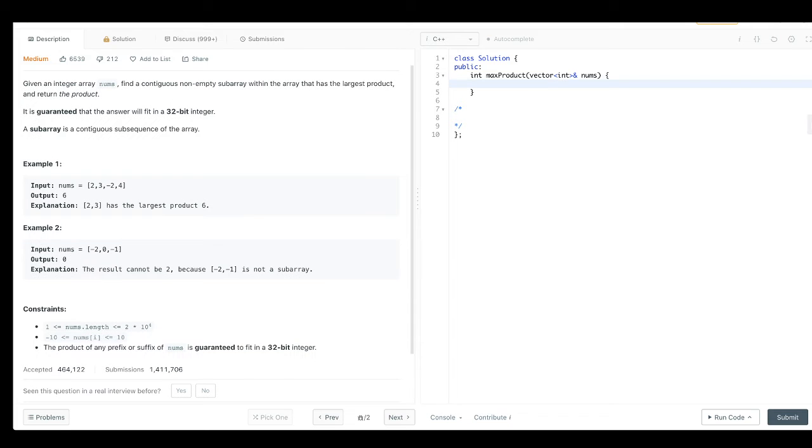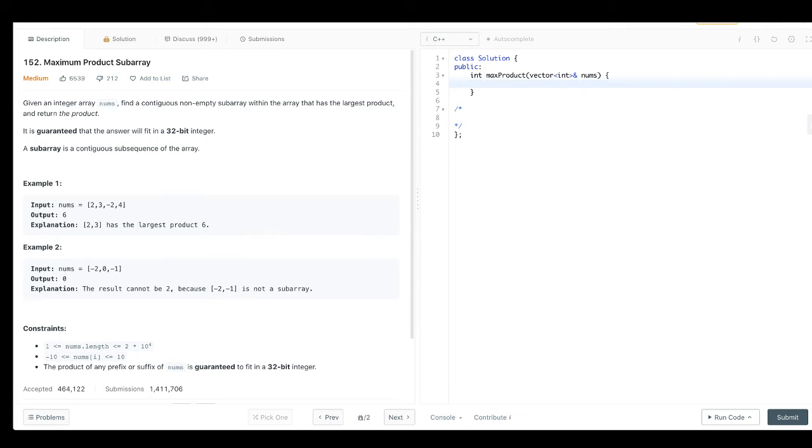If we simply had an array of all positive integers, we could simply multiply the complete array and it would give us the maximum product, like 2 into 3 into 4. It would always give a bigger product by multiplying another positive integer to it. If the array consisted of zeros and positive integers, we could partition the array around the zeros, and of the subarrays that we would get out of those, whoever's product is the maximum would be our answer.